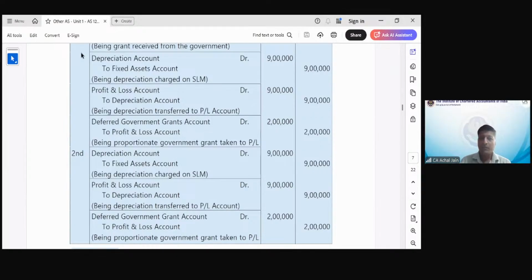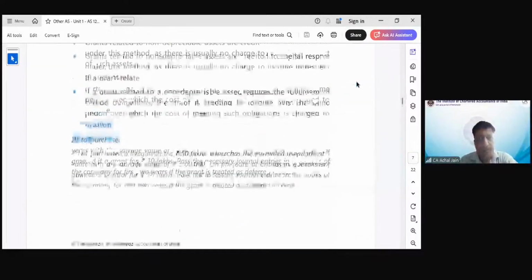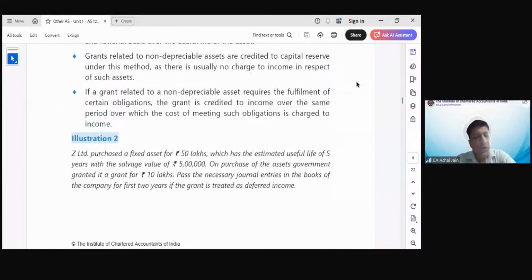सर गवर्नमेंट ग्रांट को 2 लाख कैसे हम शो कर रहे हैं, वैसे तो उसका 40 लाख आना चाहिए। Why do you think it should be 40? जो ग्रांट मिला है और जो फिक्स एसेट है उसका डिफरेंस ही तो होता है ना डेफर्ड इनकम।